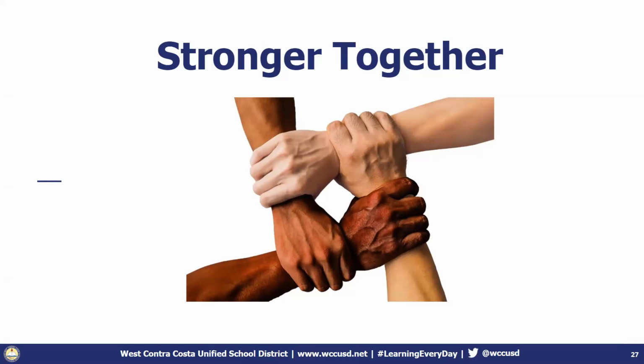So we really want to, and we know that we're all human. Sometimes there's going to be conflict, but it's how we handle that conflict and where we handle that conflict that's most important. And we are stronger together. We're going to get through this. Like Lori said, we can do it. And, you know, there's things I've learned that I didn't know, I want to say 10 weeks ago. Next slide.